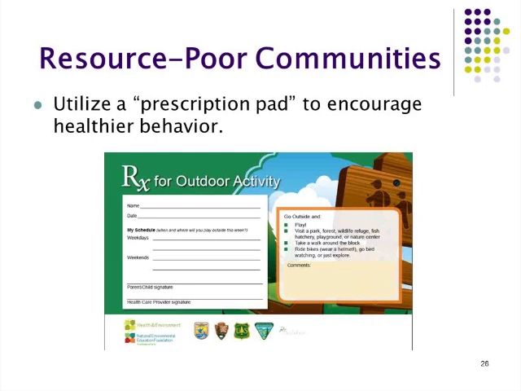So you could put the name, the date, what the schedule is like throughout the week, and then have either the parent or the child sign, and then a healthcare provider. Some of the options are just go outside and play, visit a park, take a walk, ride bikes. Understandably, sometimes this isn't an option for families who live in neighborhoods that aren't considered safe to be outside at certain times, but certainly this is an option for folks who live in more rural areas or perhaps closer to forest preserves, and so on and so forth.